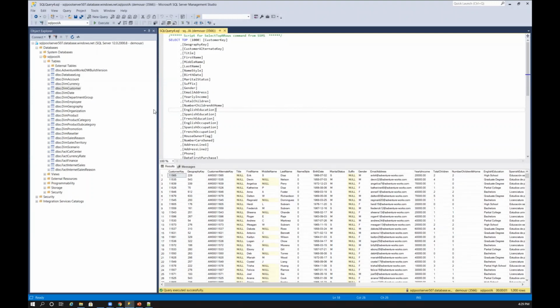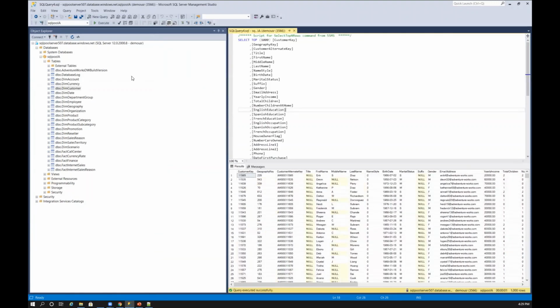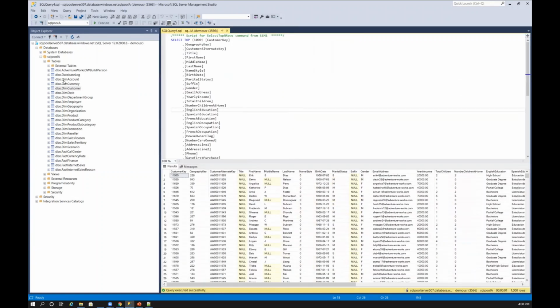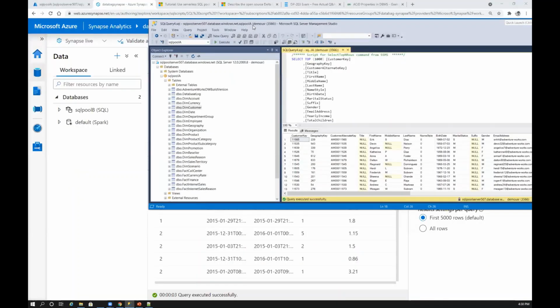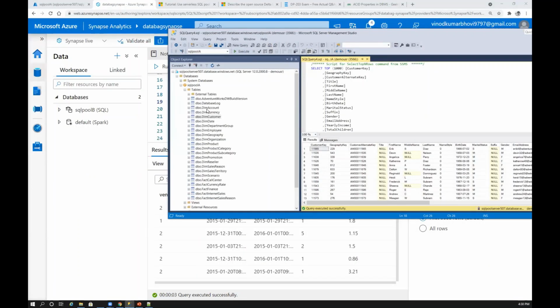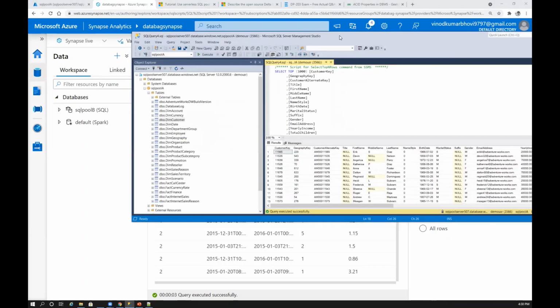For instance, I have a database here. I think this is a sample database which we have from Microsoft, AdventureWorks. Here, if you see, you have dim table names and you have fact table names. Dimensions are nothing but all the contextual information. Fact is nothing but all the measure data you will have in the fact.